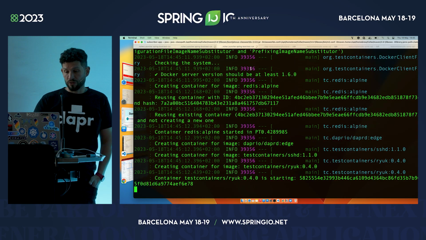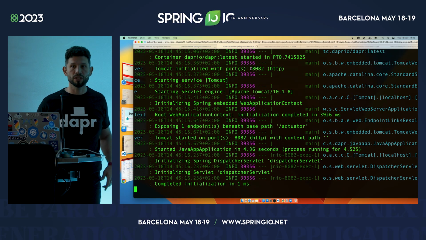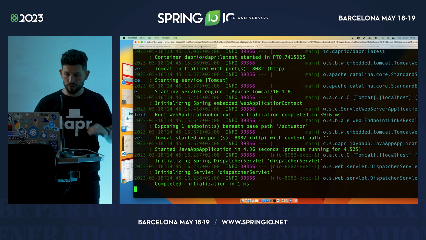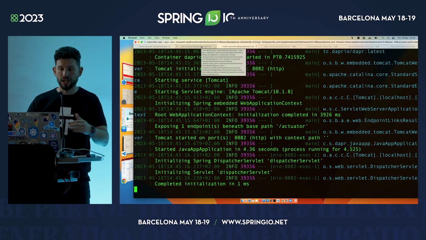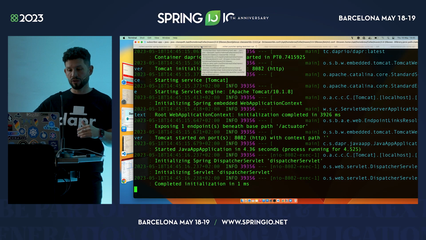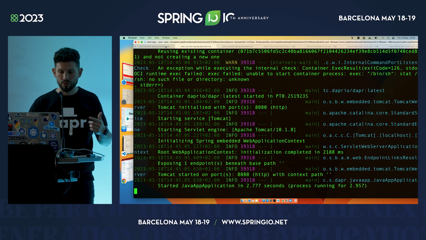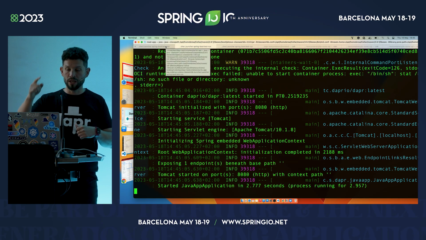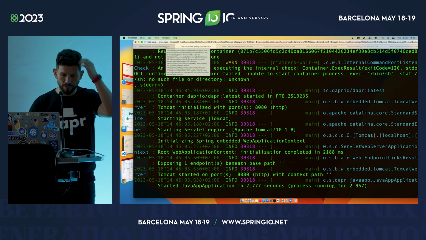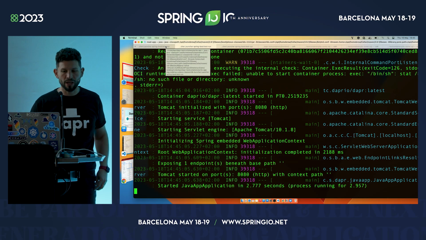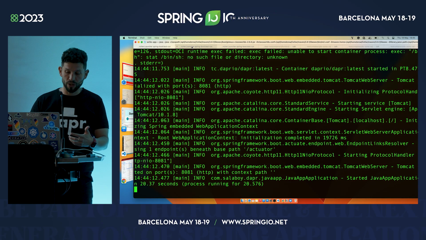These applications, of course, because they are running locally, will need to interact with the containers that Testcontainers is creating, right? So there is a lot of making sure that my application, which is a running process on my laptop, can connect with these containers, but also that the containers that are running can connect back to my application, right? Imagine the case where I want to emit an event from one application to the other. It needs to go through Dapr, and Dapr will need to call back my application just to be able to receive that event. And that's a lot of network configuration and wiring things up that is pretty good that you as a developer shouldn't worry about when you're doing these things.